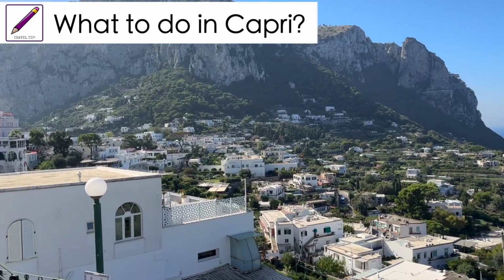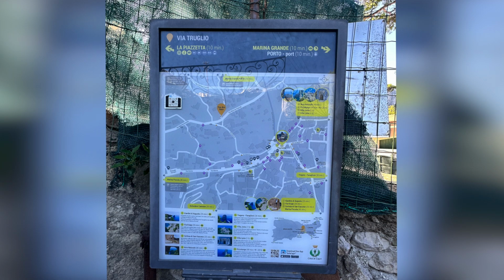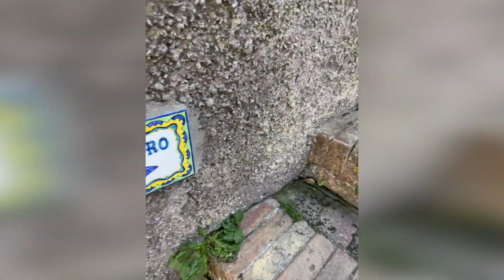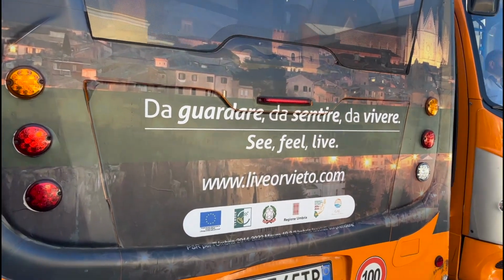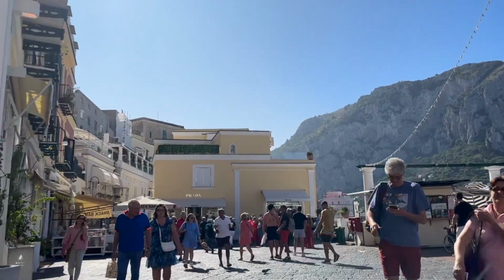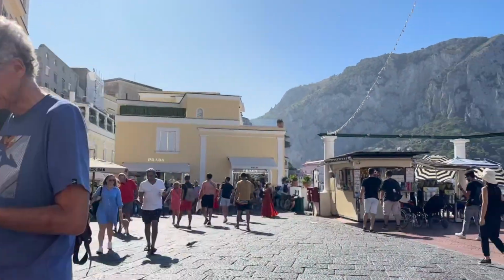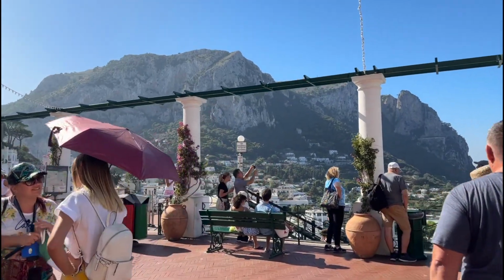Next travel tip, what to do when you're in Capri. There's actually quite a lot to do on this island. You will definitely need a good pair of sneakers. Whether you decide to take the public bus around the island or walk around historic Capri, you're gonna get a workout. The island itself has many historic sites to see, including Capri Town, the Gardens of Augustus, Giardini di Augusto,